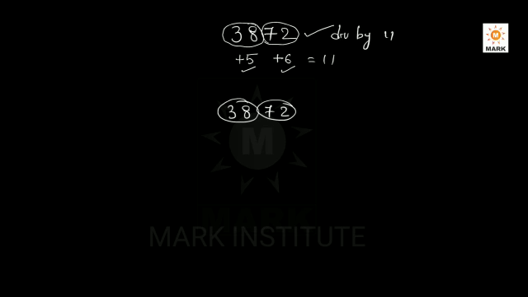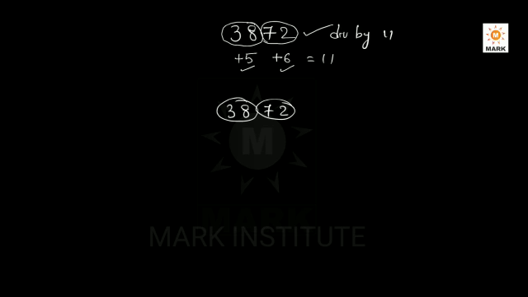So what is the next multiple of 11 for 38? Actually, it is 44. What is the deficiency that we need to get to 44? 6 is the deficiency, right? If 6 is added, then this number will become 44. So the deficiency is 6. I am writing the deficiency as minus. Here the deficiency for an exact multiple of 11 is 6.